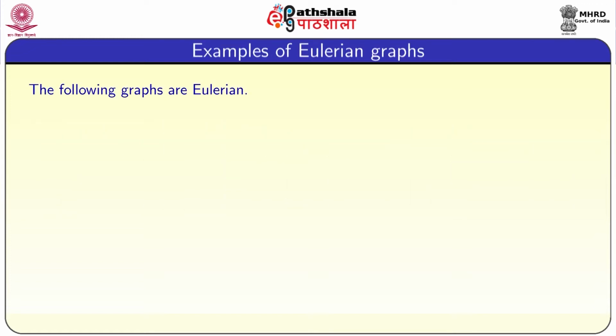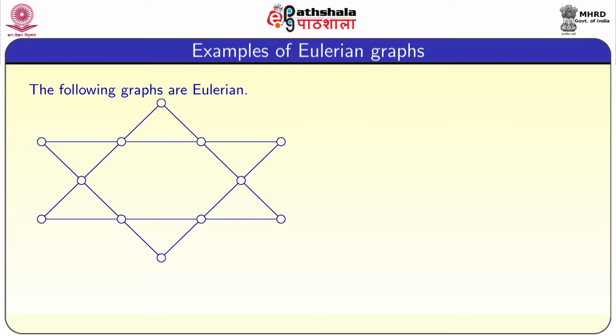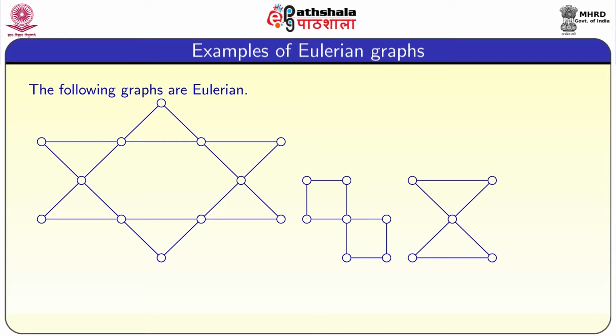The following graphs are Eulerian. Now we will see how to recognize whether these graphs are Eulerian or not. We will give a characterization, and then you can come back and see these slides to understand why these are Euler graphs or not. This graph is also Eulerian, and another Eulerian graph is this. So all these three are Eulerian graphs. Just apply the definition: start at one vertex, visit all the edges, and come back to that vertex. That is possible in all these three graphs.